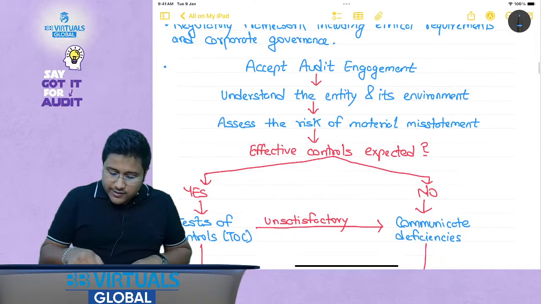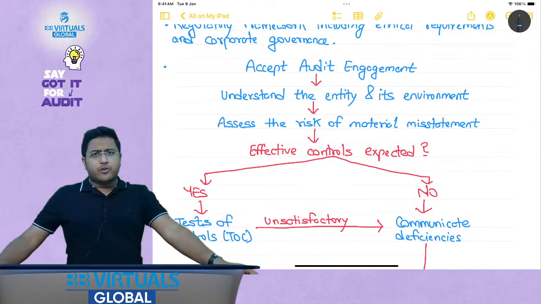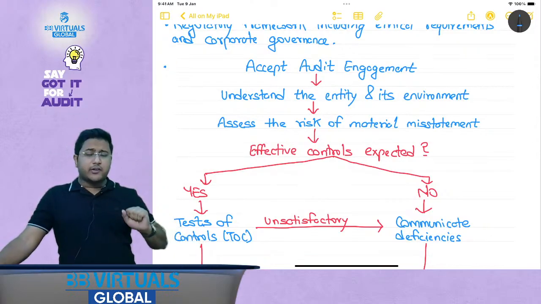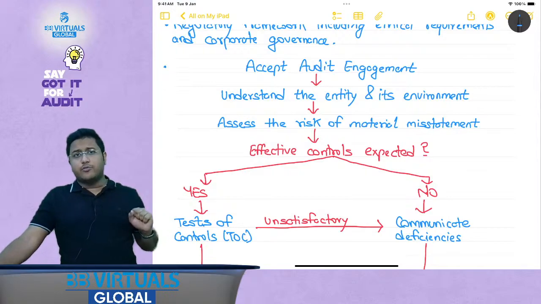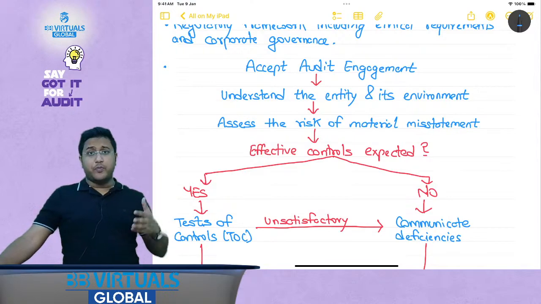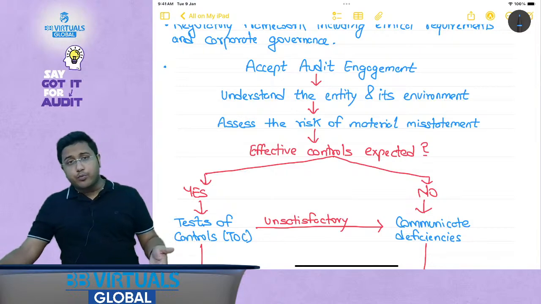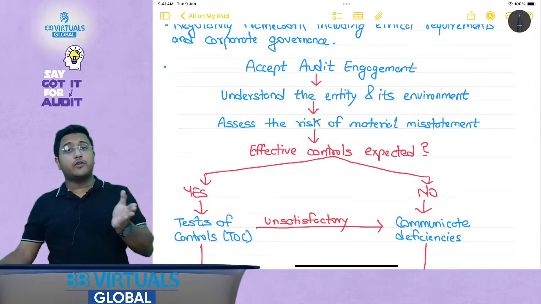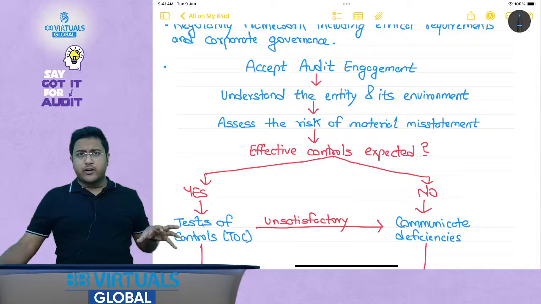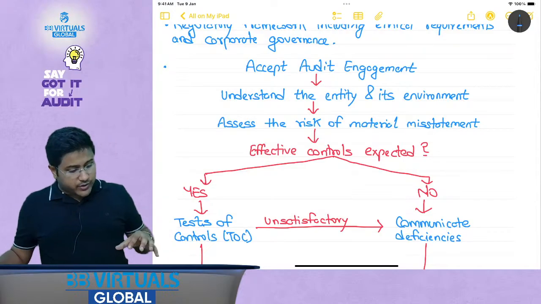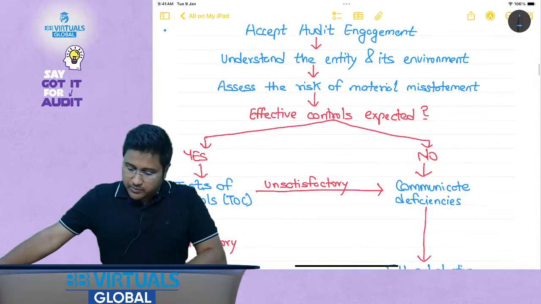Then we talk about assessing the risk of material misstatement. Why? Because risk of material misstatement would be present, but do you need to solve all the risk? Do you need to mitigate all the risk? No. You will have to evaluate what risk is important for you, what risk has the potential of converting into a bigger risk, and then you will prioritize them over the normal risk first, right? So that is the assessment of risk of material misstatement.